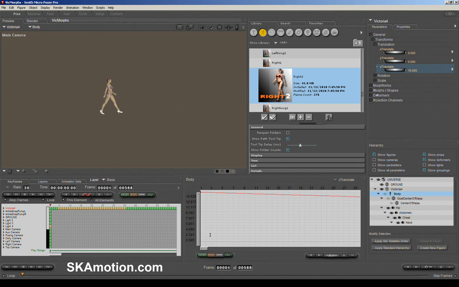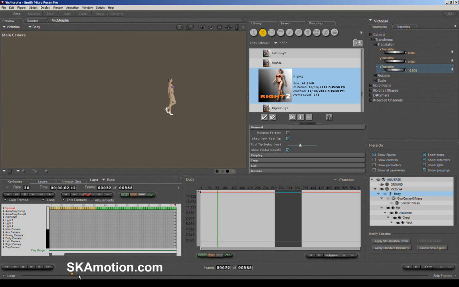Oh, we've got some sliding there. Now, why do we have sliding? Well, that's very simple. We actually have another key that's later on in the animation, so we need to delete that. That's why it's always important to have the graph editor open so that you can see exactly what's happening. So now if we play it, we have her repositioned somewhere else in space.